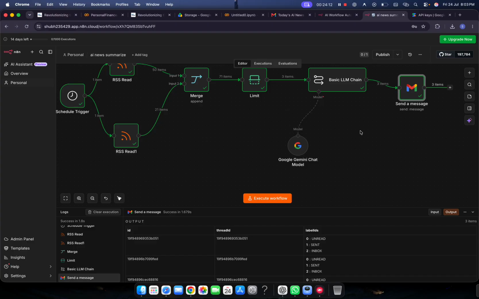We have successfully built our own AI news summarizer using n8n and Gemini. Instead of spending 30 to 45 minutes every morning checking different websites, this automation can help us get important updates in just a few minutes. And you don't have to stop here. You can add more RSS feeds, customize your AI prompt, add different news categories, or even send the newsletters